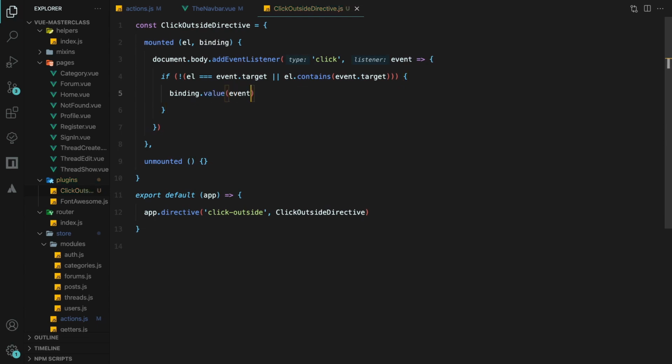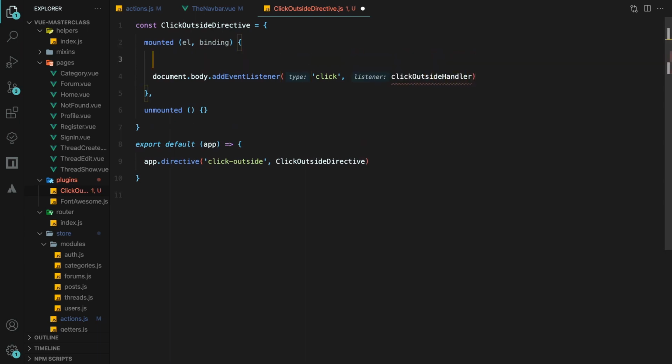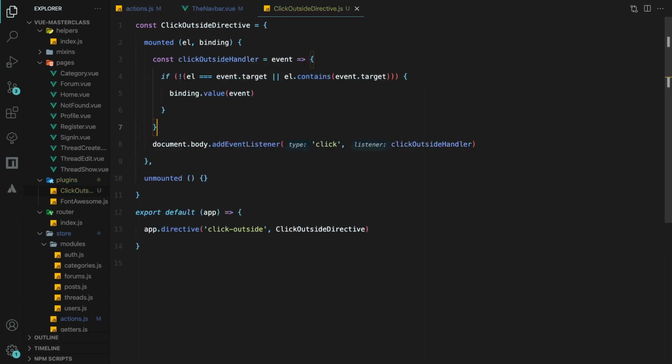Cool. Now let's extract that to a named function so that we can remove the event listener. And actually, let's define it as a method on the element itself.